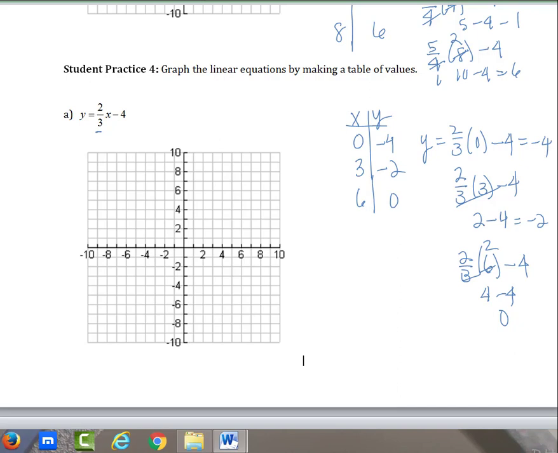So I start here. This is my x-axis. This is my y-axis. I get 0 down 4. I'm going to go over 3 and down 2. And then I'm going to go over 6, and I don't go up at all or down because my y coordinate is 0. Again, use a straight edge. I can't use one on my computer. It just doesn't work for me, so my lines are not going to be that straight. Yours should look better than that. Okay. All right, and then the last